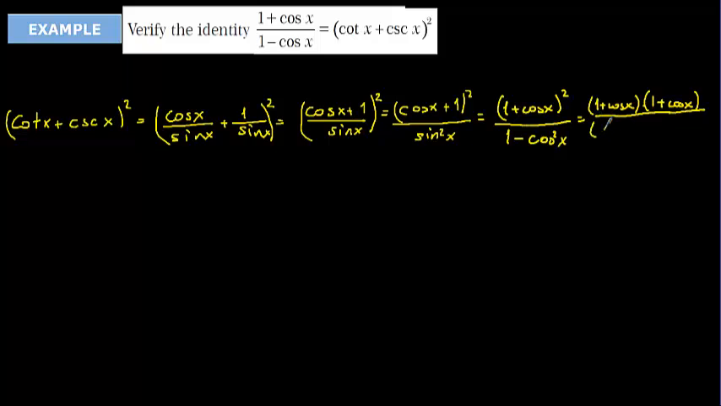The 1 plus cosine x and 1 plus cosine x are the same. So I'm going to simplify these two, and the result is going to be equal to 1 plus cosine x over 1 minus cosine x. As you see, this time I chose the right hand side, and I said the result is equal to cotangent x plus cosecant x. It's going to be